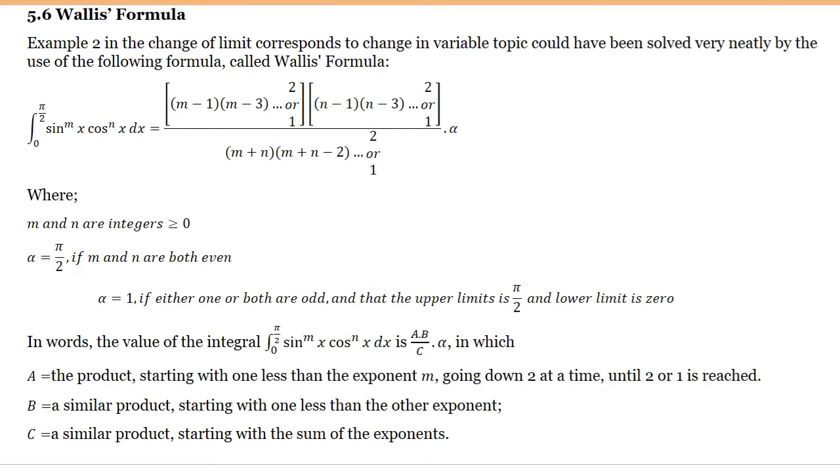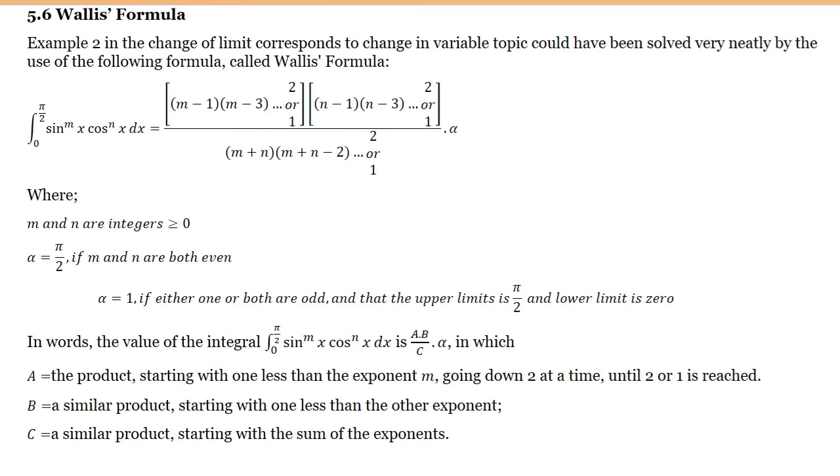Topic number 6 for our module 5 is the Wallis formula. The previous example on the change of limit corresponding to change in variable could have been solved very neatly by the use of the following formula called the Wallis formula. The Wallis formula says that if we have the integral with limits 0 to pi over 2